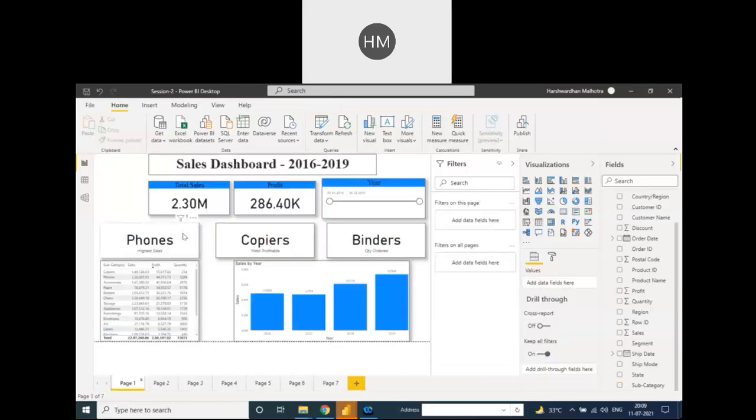So we need these cards because when we click on 2016, the highest sales is phone, most profitable is phone, and quantity ordered is binder. Compared to 2019, highest sales is phone, most profitable is copier, and highest quantity ordered is binders.